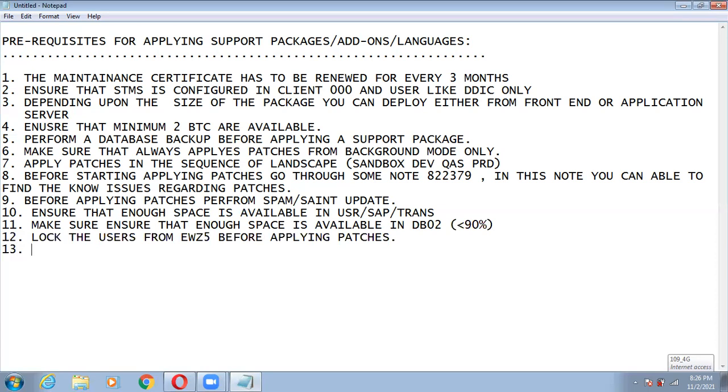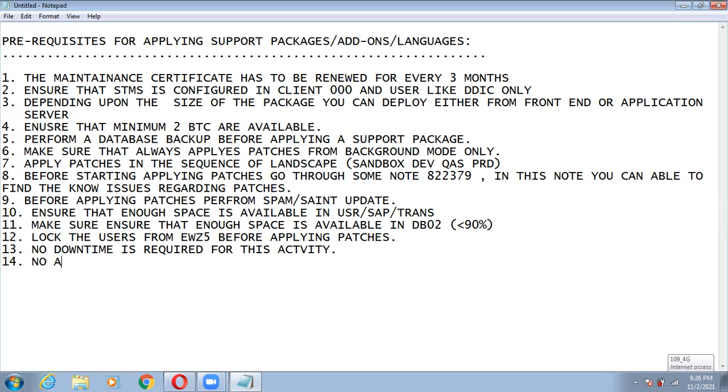Is downtime required for this activity? What do you mean by downtime? Downtime means the system should be up and running while applying. So no start and stop of application and database is required while applying patches.